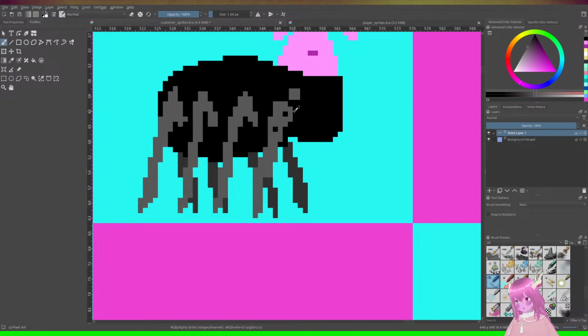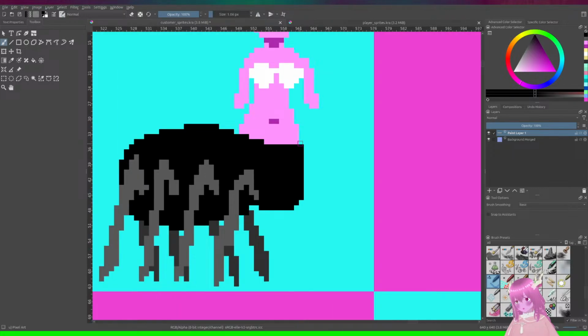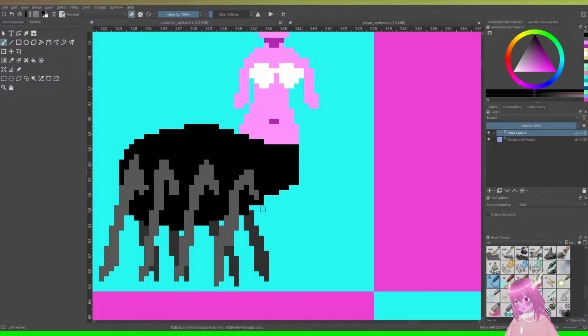Okay, we can fix this part. Actually, I think I need to eliminate some of this, the thorax.